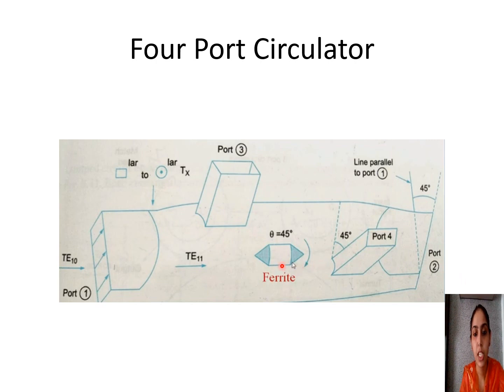So what happens? This wave and the port 3 is now aligned, and so the wave is going to emerge out from the port 3. Okay, so this is how the working occurs. Similarly, again from port 3 it will emerge only at port 1. So now we have seen how a wave input which is given, say, at port 1 is emerging out from port 2. Okay, that is, it gets rotation by the Faraday rotation principle of the ferrite, 45 degree tilted.